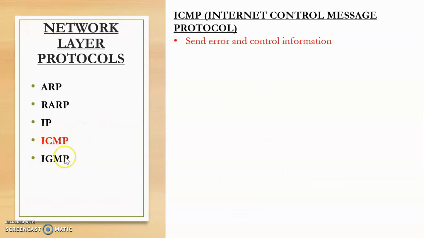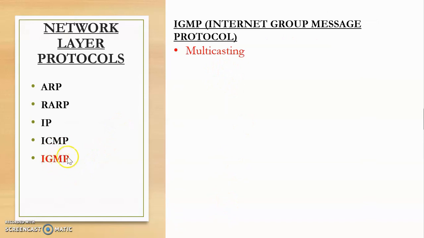Next protocol is ICMP, which stands for Internet Control Message Protocol. Now we know that IP is an unreliable and connectionless protocol, so there is no mechanism for checking for errors in the IP protocol. As a result, the ICMP protocol is used to report if there are any errors. For example, say the destination is not reachable, or if some packets had to be dropped, then ICMP will report all the errors.